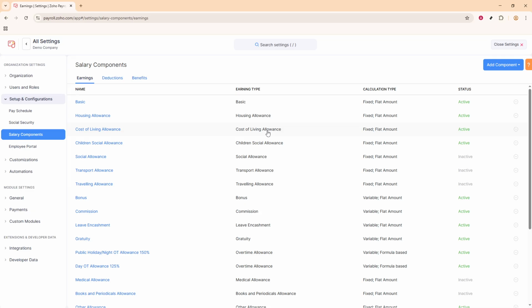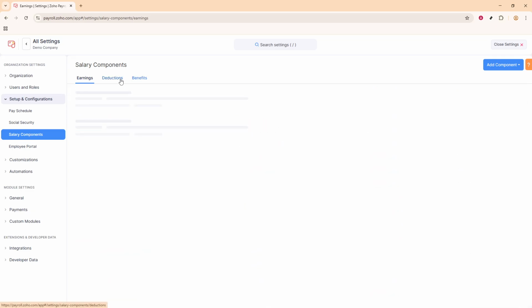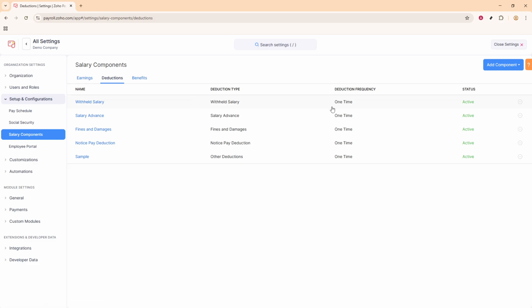Once you've clicked into Salary Components, you should then see a tab or section specifically labeled Deductions. This is the dedicated area where you can add any payroll deductions that may apply to your workforce. It's important to note that deductions can include a range of categories like health insurance, Social Security, or retirement plan contributions. Consult your company's policies or financial advisor if you're unsure about the specific deductions that need to be included